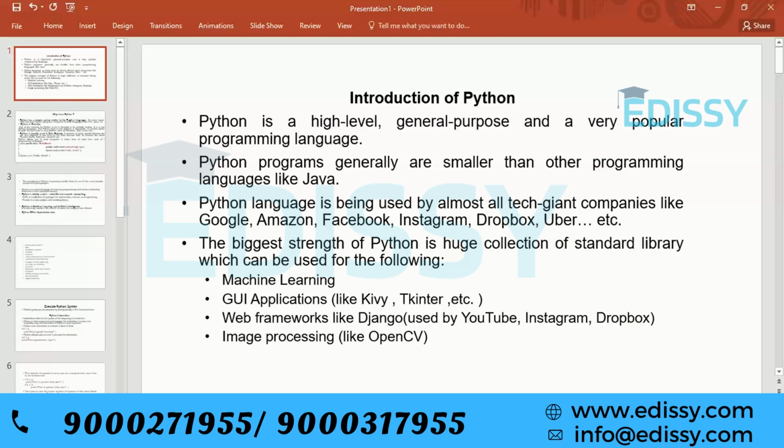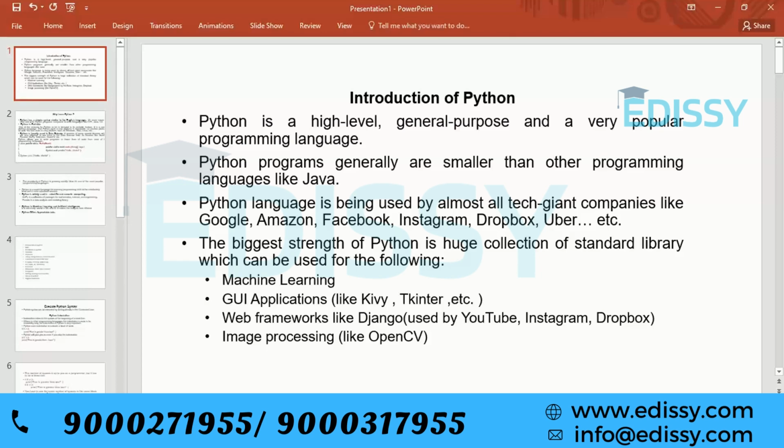If you use any library, you get ready-made functions. You just have to call that function and you get output. So due to library support, we can easily work with the application layer. That is the beauty of Python.